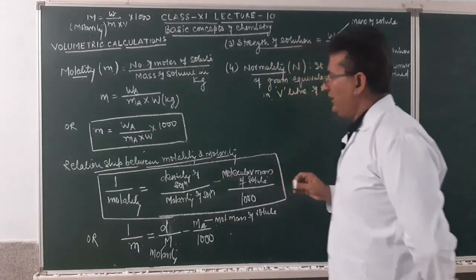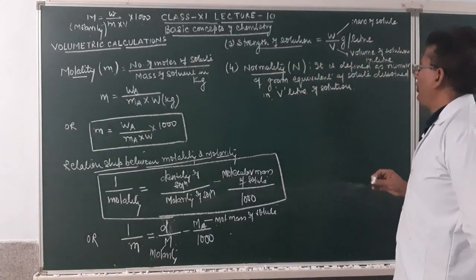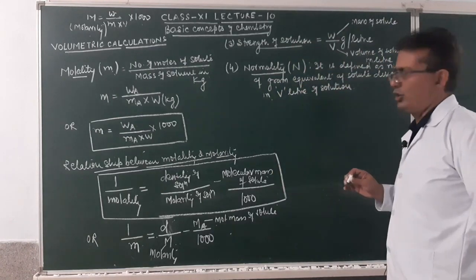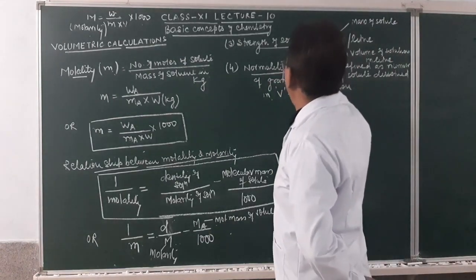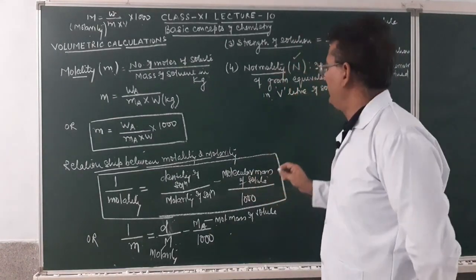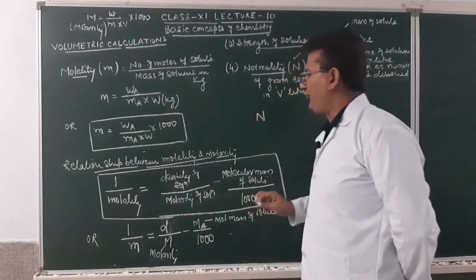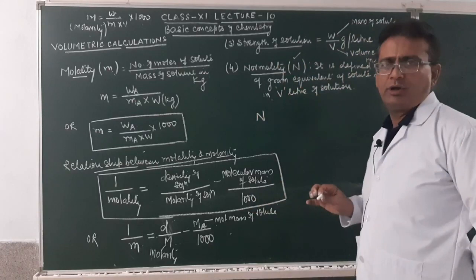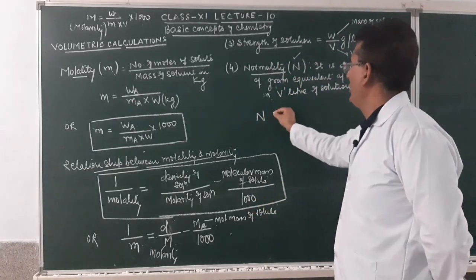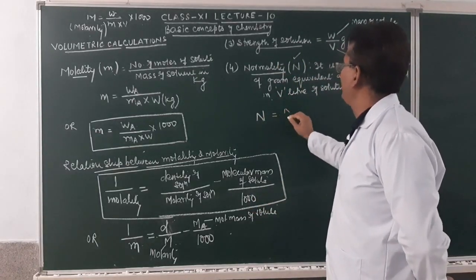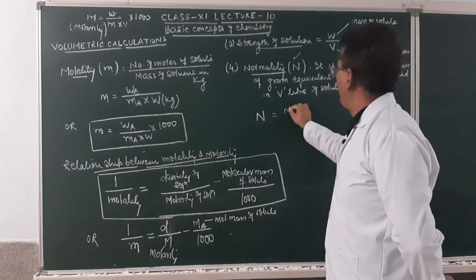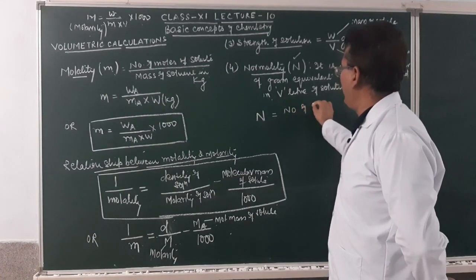So the number of gram equivalents of the solute dissolved in V liters of the solution is called the normality of the solution. How do we express normality? By capital N. As a formula, it can be written as the ratio of the number of gram equivalents of the solute upon the volume of the solution in liters. So normality of the solution will be equal to the number of gram equivalents